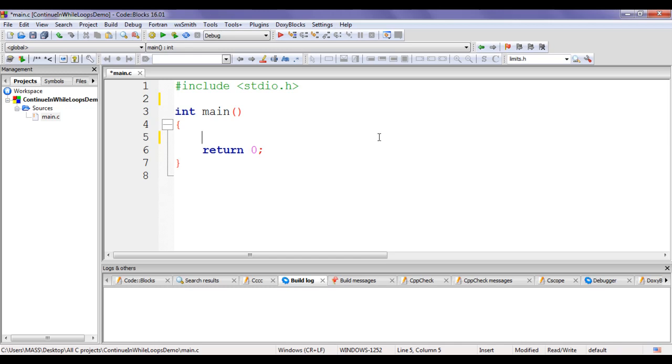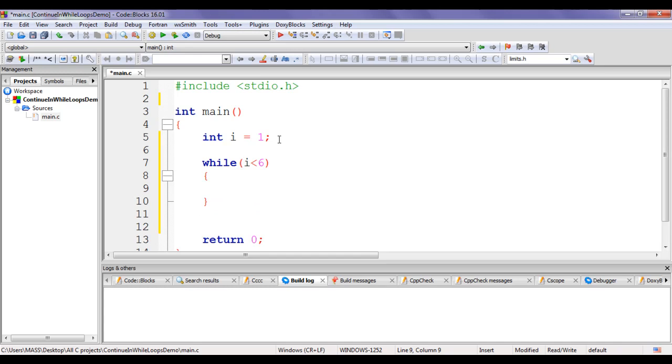So what I do, I create one integer variable i, put the initial value inside it 1. As I want to start with 1, I want to display 1, 2, 3, 4, 5. So I'm initializing i with value 1, guys. Then I say while i less than 6. Less than 6 means 5, guys, right? As long as the i value is less than 6, printf "%d\n" comma display the value of i. Once the value of i becomes 6, the loop should be terminated, right?